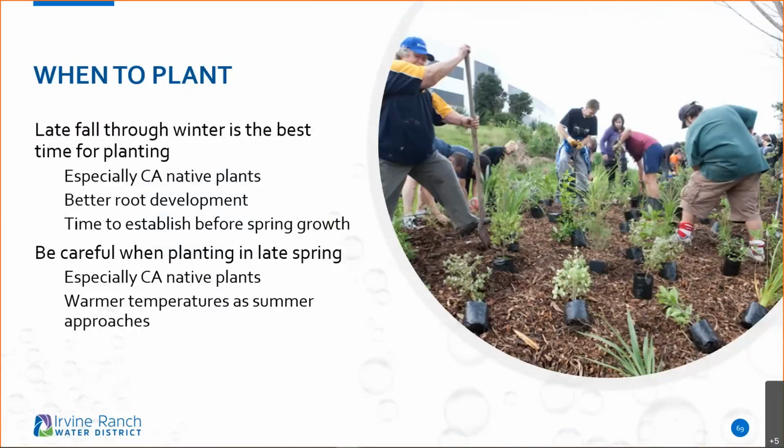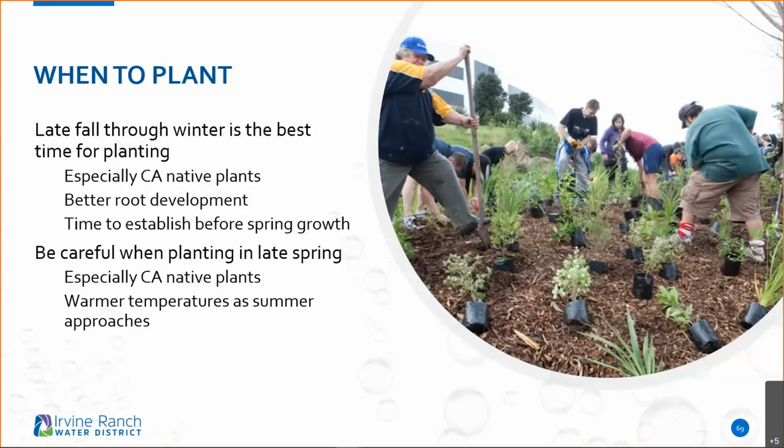Because once spring starts to arrive, the plants will start to shoot out green growth. And depending on that root structure, if it's not really there to support that green growth coming in, sometimes plants will start to struggle. But can we plant in the spring? Yes, but just know that the closer you start to plant to summer, you're going to start watering more. So right now is the ideal time to really start thinking of our planting, whether they be natives or non-native species. Just really start considering getting those plants in right this time.